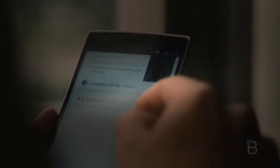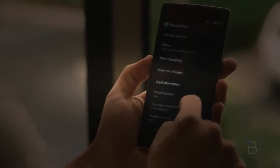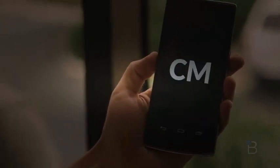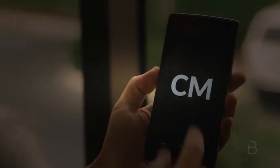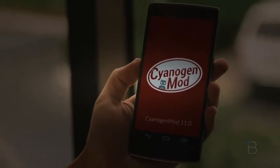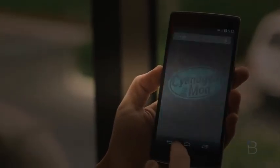When it comes to performance, the OnePlus One's hardware is roughly a half generation more advanced than the Nexus 5. It uses a Snapdragon 801 chip, which is basically a supercharged version of the Snapdragon 800 used in the Nexus 5. It offers a bit more power, but nothing you'd really notice in real-world use. The OnePlus One also has 3 GB of RAM built in, while the Nexus 5 only has 2 GB, and this makes the One, in theory at least, more powerful than the Galaxy S5, the HTC One M8, and the